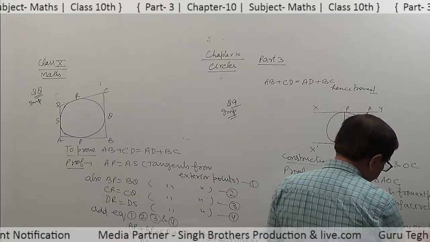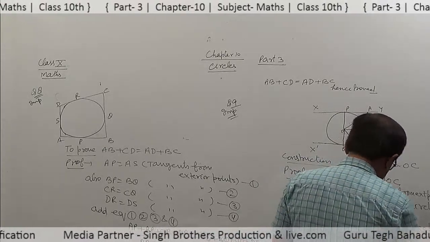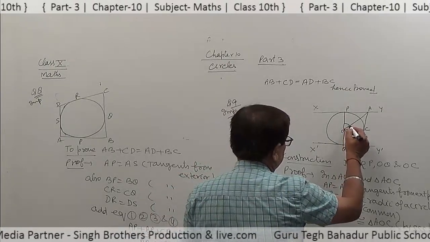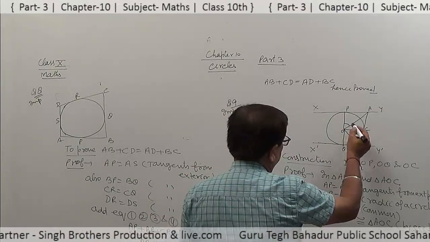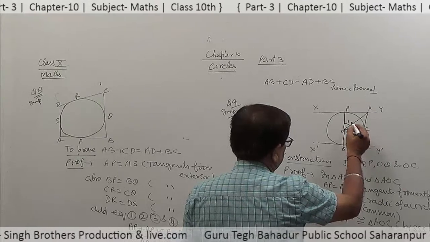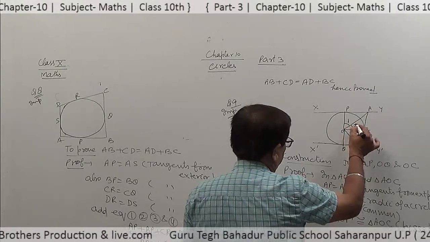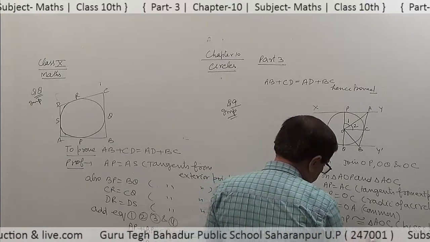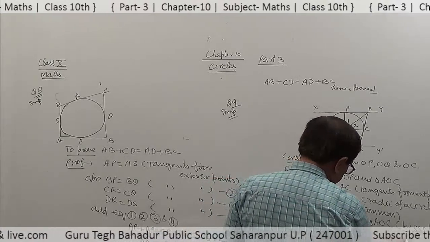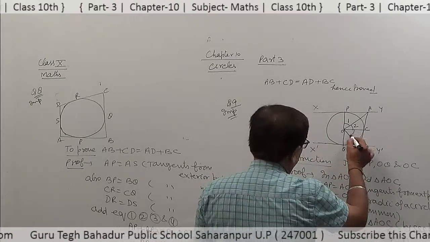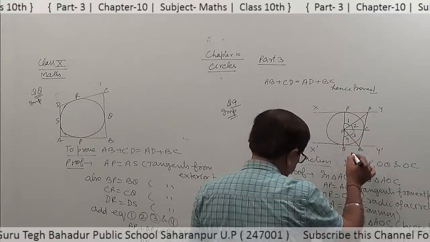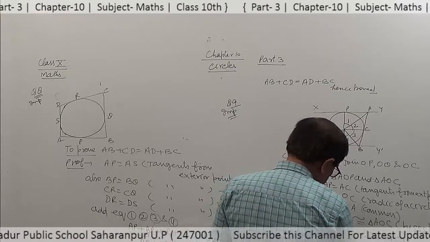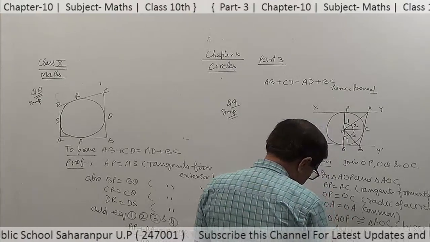SSS property. When triangles are congruent, this angle will be equal to this angle. This is angle 1 and this is angle 2. So, angle 1 is equal to angle 2. This is angle 3 and this is angle 4. Angle 3 is equal to angle 4. Similarly,